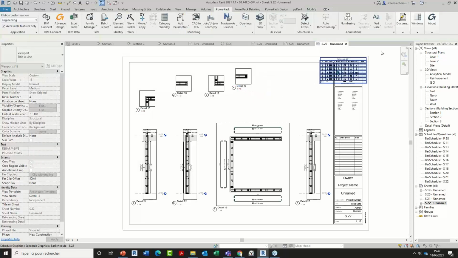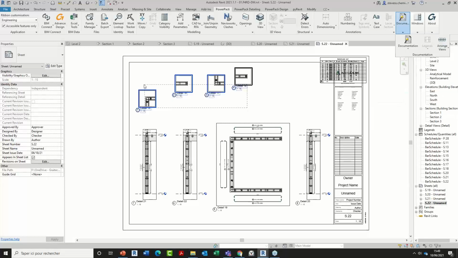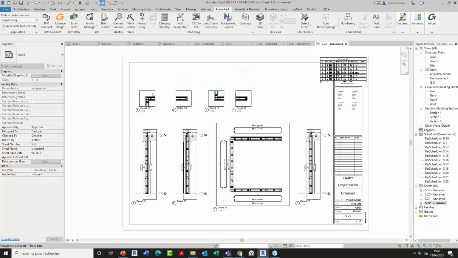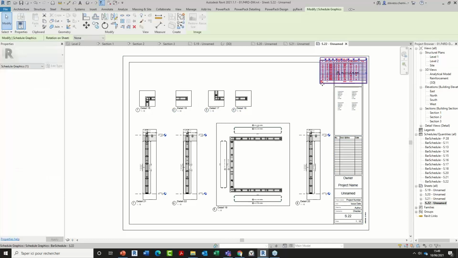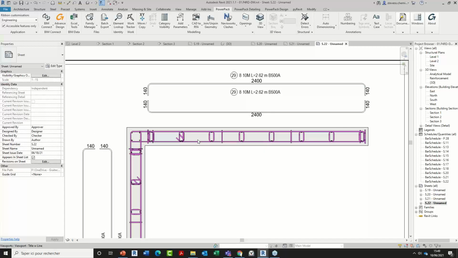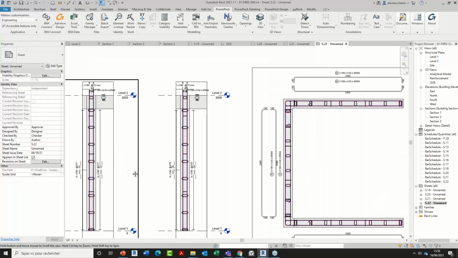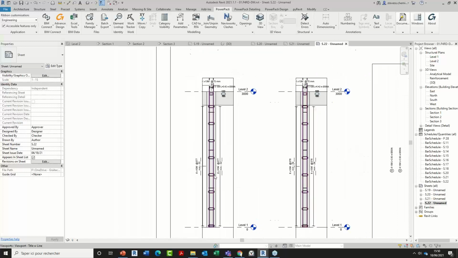So if you have several views like this, we can define, for example, to align all of them by the top or by the bottom. For example, here like this. You see it's quickly aligning all views, so it can be nice as well. And we can place the schedule here. So you see here I have some colors based on my view template. I have those automatic bending details placed, elevation, section. So you see this group of wall drawings was really optimized.